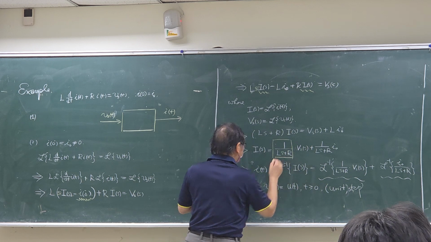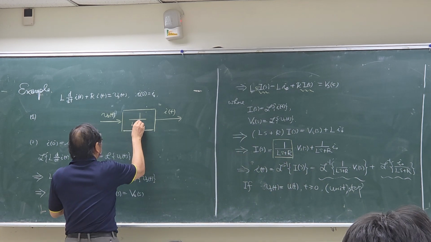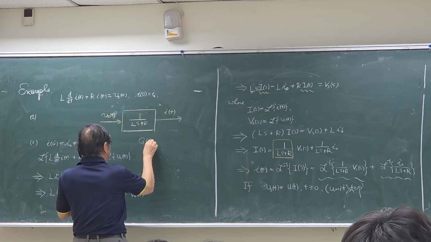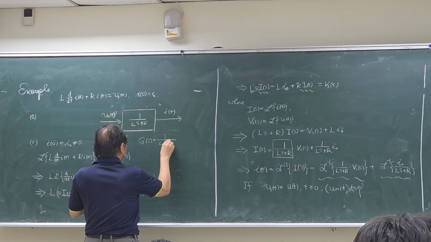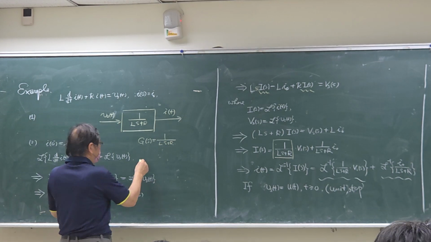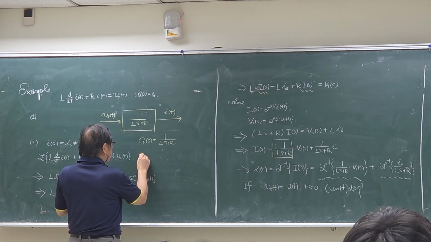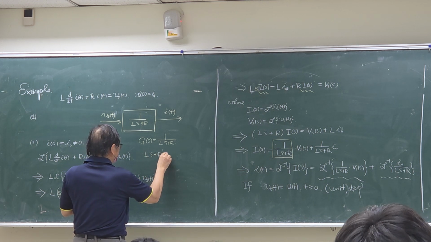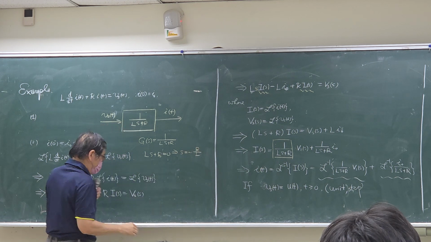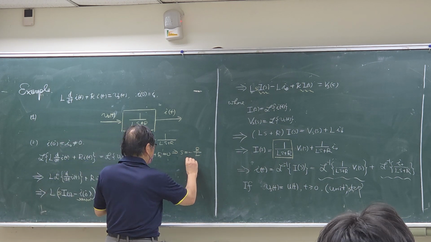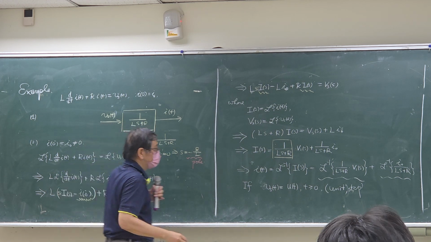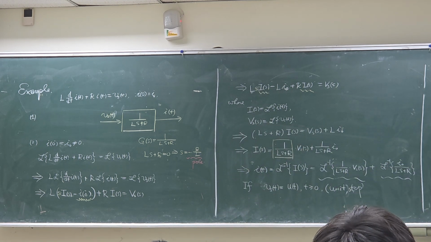This is the transfer function, 1 over Ls plus r. This is the transfer function, really quite clear. Now, when Ls plus r equals 0, then s is equal to negative r over L. That's the pole. This is the pole of the transfer function. And if we look at the location of the pole, it is on the,